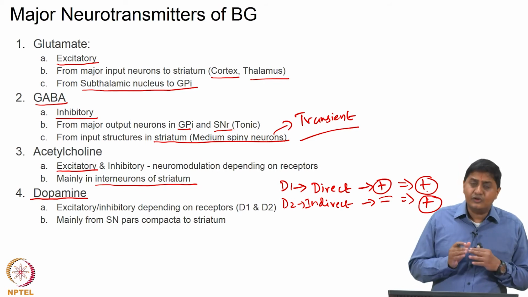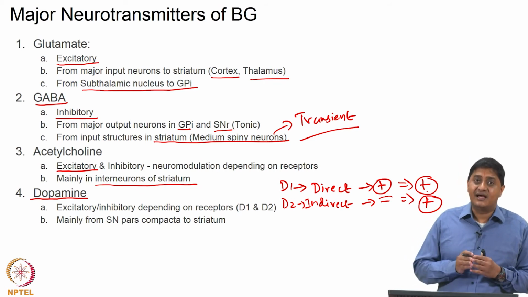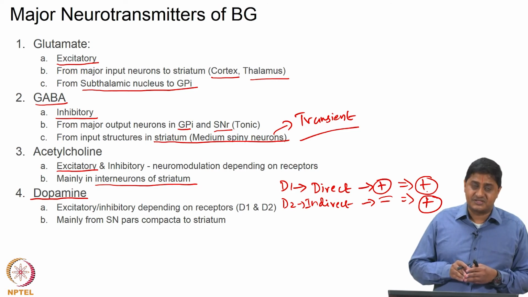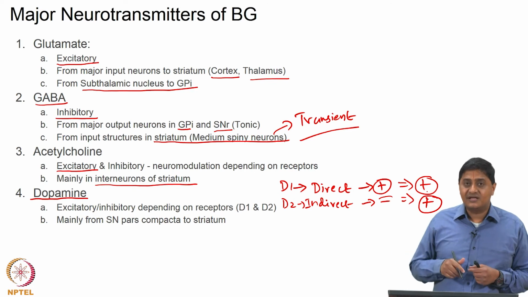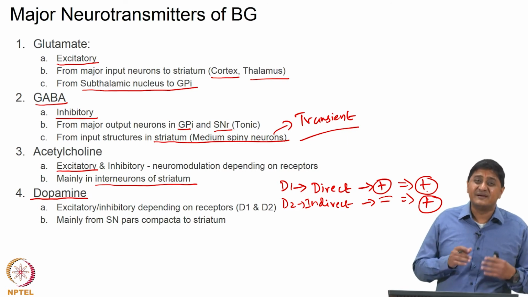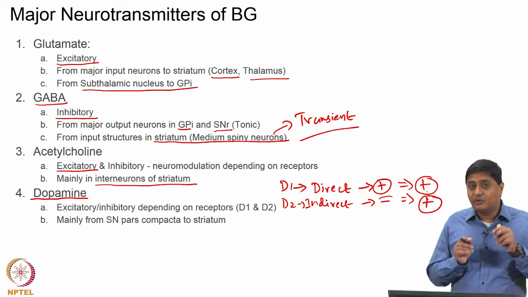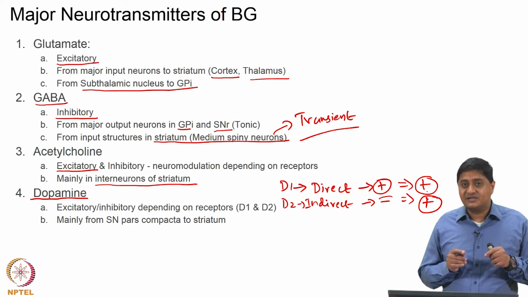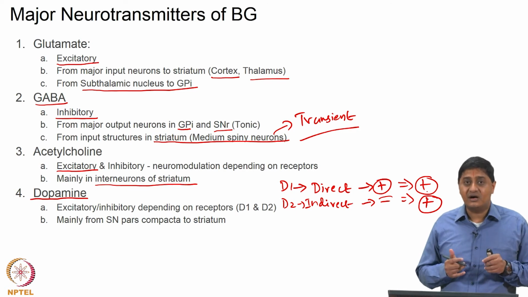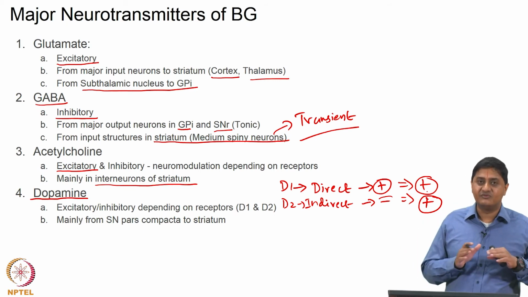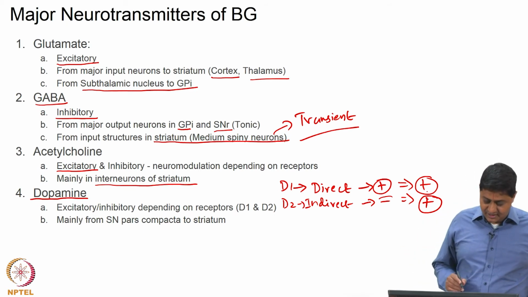So, basically dopamine always has an excitatory influence on the output structures. From the GPI to the thalamocortical neurons, there is an increased amount of excitation or a reduced amount of inhibition. This is the most important function of dopamine, which is why when the dopamine amount is compromised, there is going to be dysfunction that leads to hypokinesia, or reduced movements, or an increased amount of inhibition, something that we will discuss in great detail in future classes.